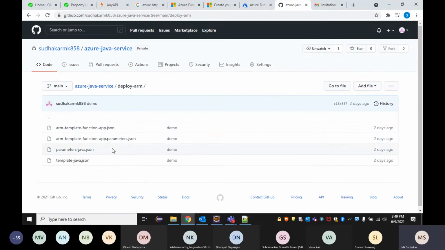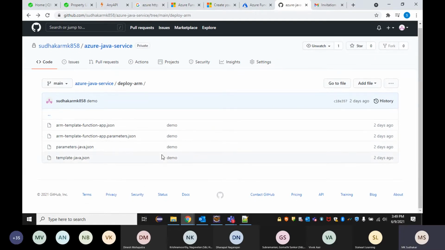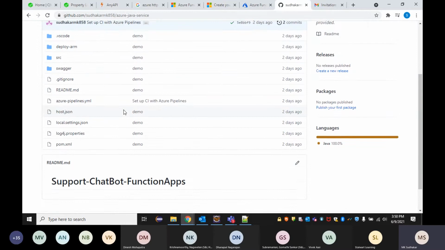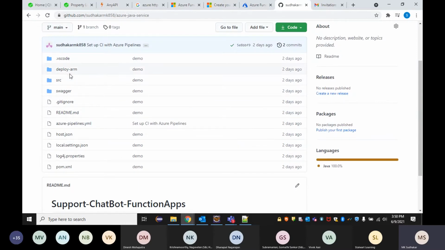In that, I have my ARM templates sitting. We can have the version control basically so that we don't miss what we have updated in the last version, so that if we want to revert back, we can easily revert back. That's how we need to have it created in Git. So once we have that project ready, now we have the complete project in Git. We have the deploy ARM template created, and the parameterization template is created. All set. We have the branch ready.